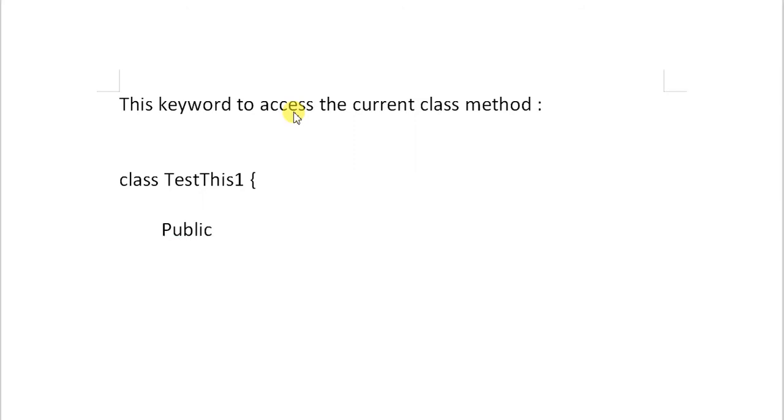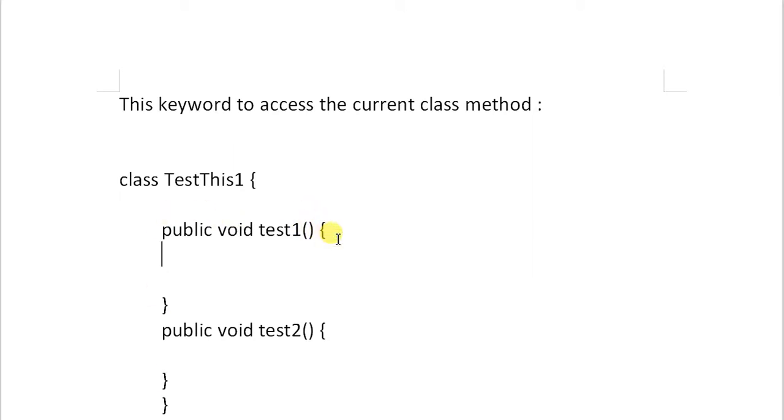Public void test1 is a method, and let us say one more member is there. Let us say public void test2 is another method. Two methods are there. Now both the methods are members of the same class. The class name is test this one.